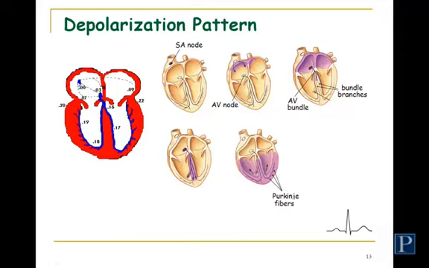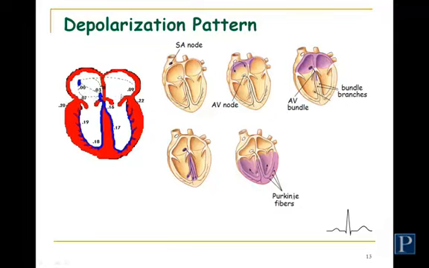You start in the SA node, it fires. That impulse makes its way to the AV node in 30 milliseconds. That's pretty quick. The impulse is also transmitted to the left atrium and the remaining part of the right atrium. Remember, it's going to go through the interatrial band over here. The SA node is connected to atrial muscle. This here, making its way down to the AV node, is through the internodal pathway, meaning between nodes.